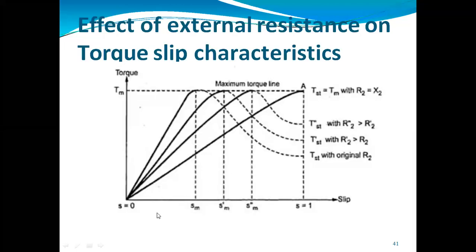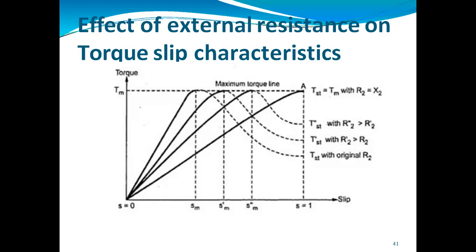So we can say that with the increasing value of slip, the value of torque will increase. At that time you will get s equal to R2 upon X2. And we can call that torque a pull out torque, or a stalling torque. When the slip is increased further, the rotor resistance becomes negligible. You will get the value of resistance decreasing with increase in the value of slip, so the rotor resistance will be negligible.